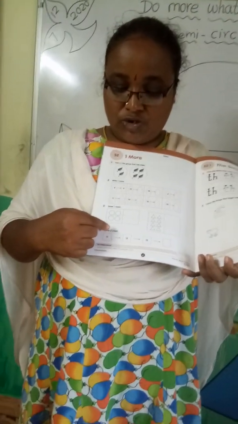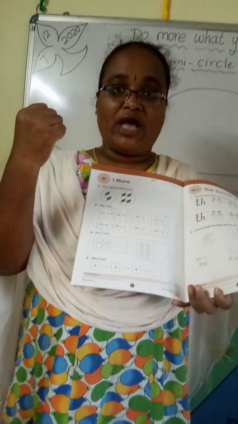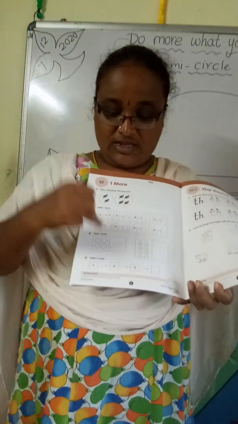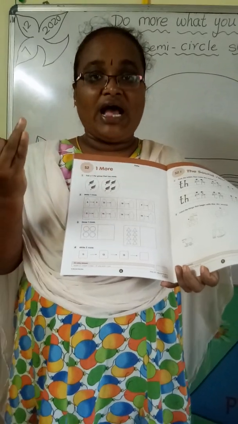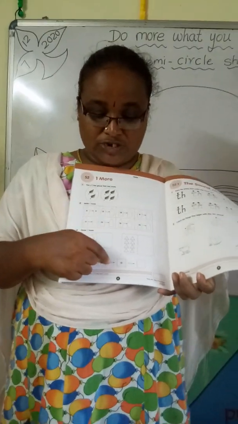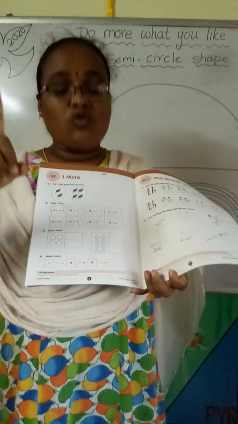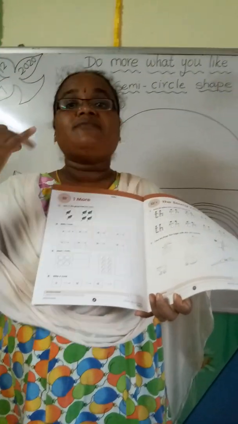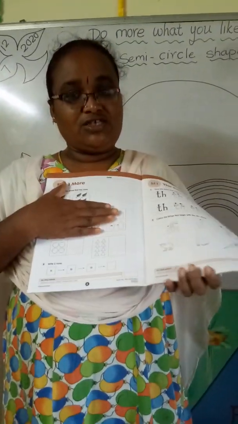Now you understood. So write 2 more. 11: after 11 you have to add 2 more numbers. 12, 13. 13 is here. Next, to 13 you have to add 2 more numbers. 14, 15. So after 15 you have to add 2 more numbers. 16, yes, 17. Write 17 here. We have finished this worksheet.